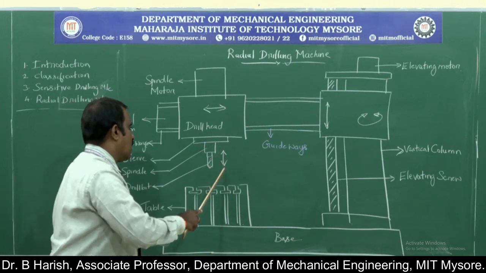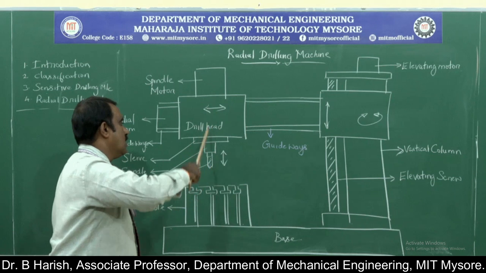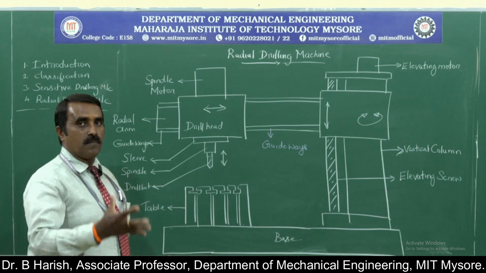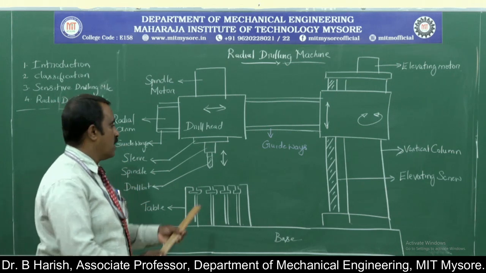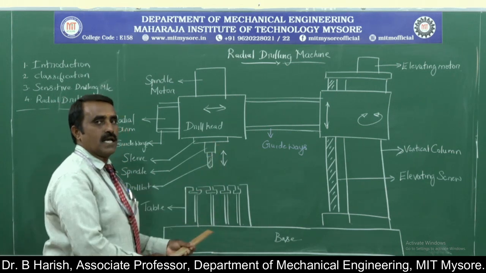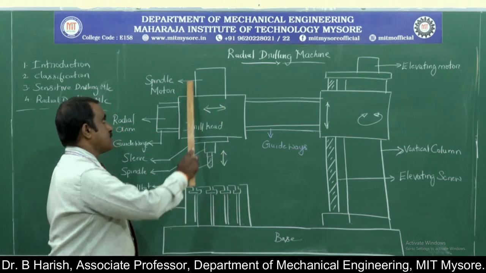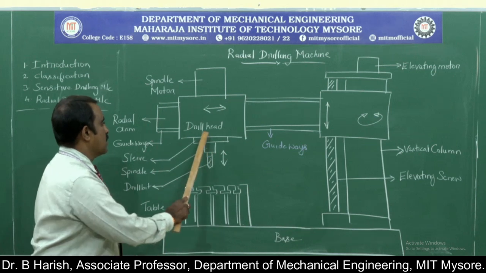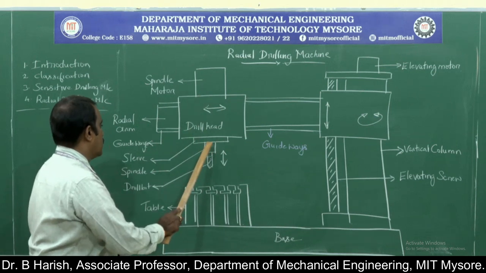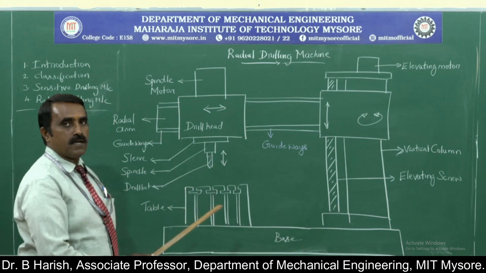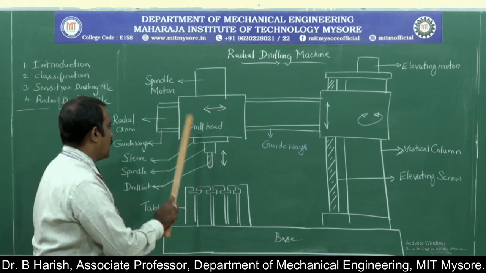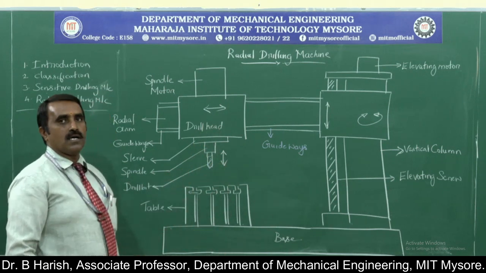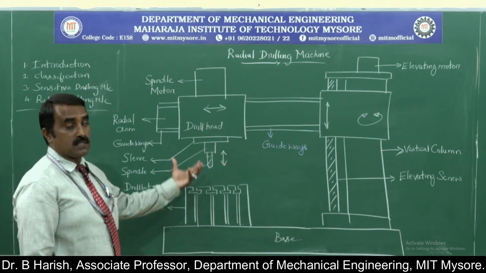Now here the drill head can move once again. This is the direction which shows the feed given during the operation. Depending upon the depth of the hole to be drilled, the drill head can move in vertical direction. The drill head will be having a spindle motor, using which the spindle rotates, then the sleeve, connected to the spindle and the drill bit. So the drill bit we can move in vertical direction to adjust the feed of the depth.